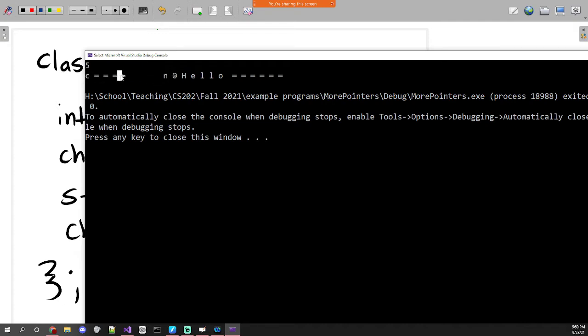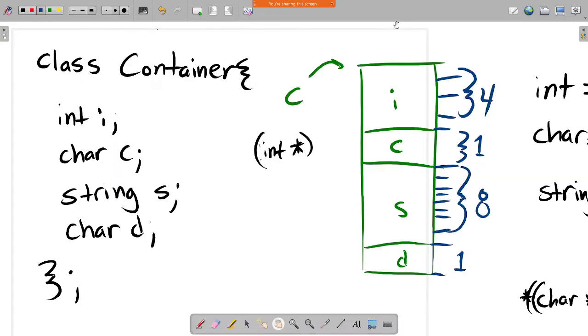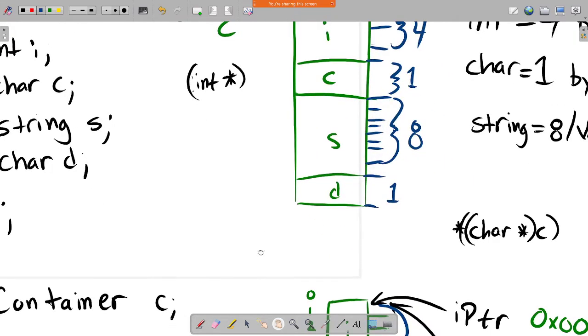But for whatever reason, it prints this garbage. 1, 2, 3, 4, 5, 6, 7, 8, 9, about 9 things. I would assume 8. I'm not entirely sure why this is here. And then it actually prints hello. And then it goes back to printing just garbage here. And then doesn't print D, which is even more strange. So I want to talk a little bit about how a string is actually stored and why we would store it that way. I'm not entirely sure why the D doesn't show up, though, or why there's just random garbage before the hello. But anyways,